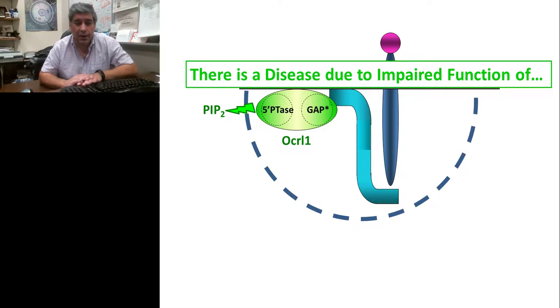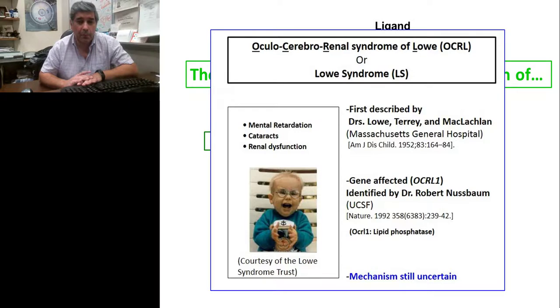And actually, when this OCRL gene is mutated, it gives origin to a terrible disease that is called OCRL, or oculocerebrorenal syndrome of Lowe, or just Lowe syndrome. It was first described in the early 50s, and the gene was identified in the early 90s. And as I said, it's a lipid phosphatase. It produces a triad of